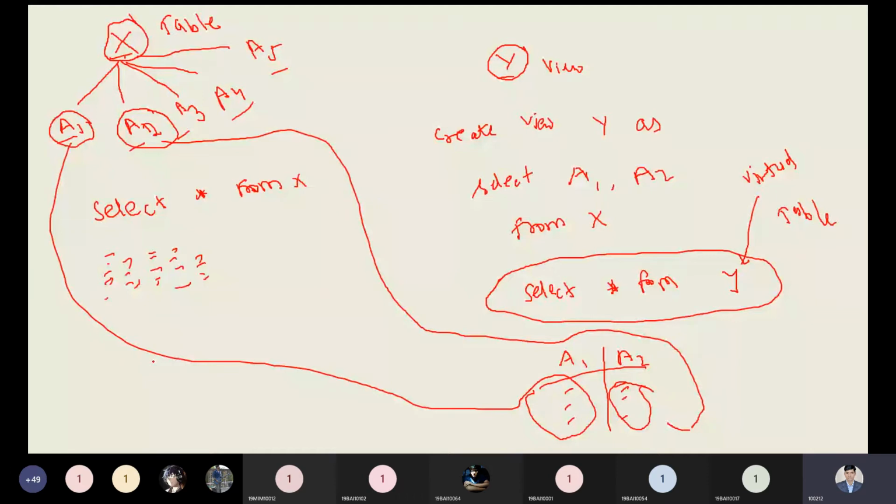Okay. So if you want to put a condition, I want to select only those student names who have an age more than 18. So what I can do after the from clause in the create view command is apply the where clause. Of course, where student age is greater than or equal to 18. So in the A1 attribute, only that information will be displayed: the name of the student or the date of birth or any other information from the student table, which belongs to students aged more than 18 years.